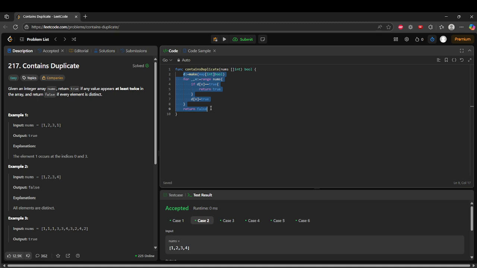So you want to sort the array, but you can't do nums dot sort, that's Python. You want to sort the ints, because it is an array of integers, so you have to do sort dot Ints on nums. And then for every i in range 1 to i being less than length of nums,